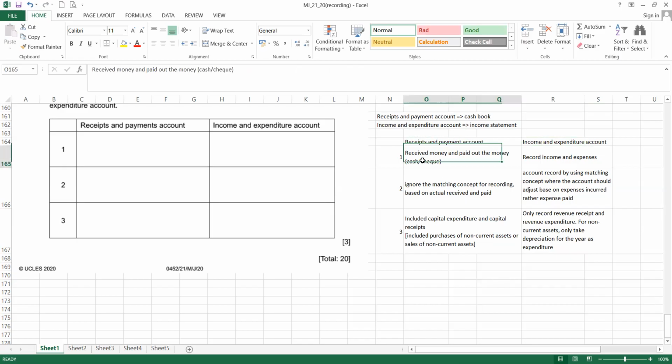Sometimes this one can also be the cash book. The points can be used for the same thing if the question comes up in other businesses, where they ask for the difference between the cash book and the income statement. The same points can be used. So this is for the first question. Okay,